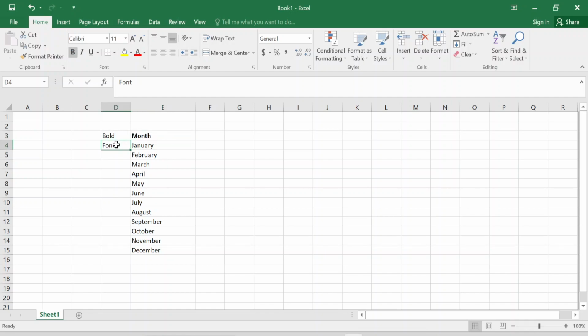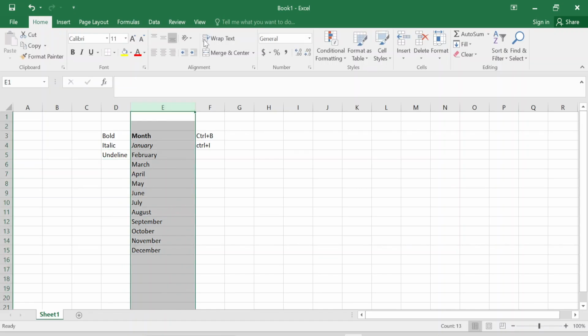Similarly, if I want to do italic, I select that cell, click the mouse pointer on that cell, and click the I. Here we see this becomes italic. There is also a shortcut: you can press Control plus I, or Control plus B for bold. Similarly, if you want underline,